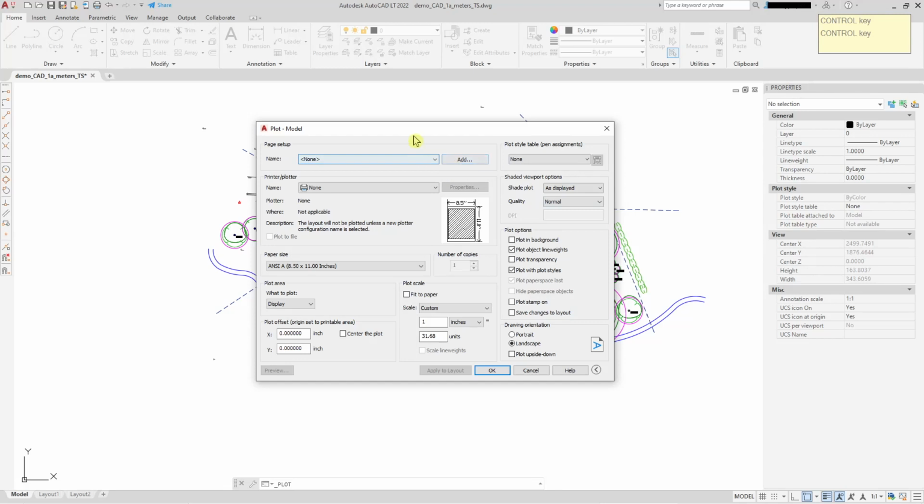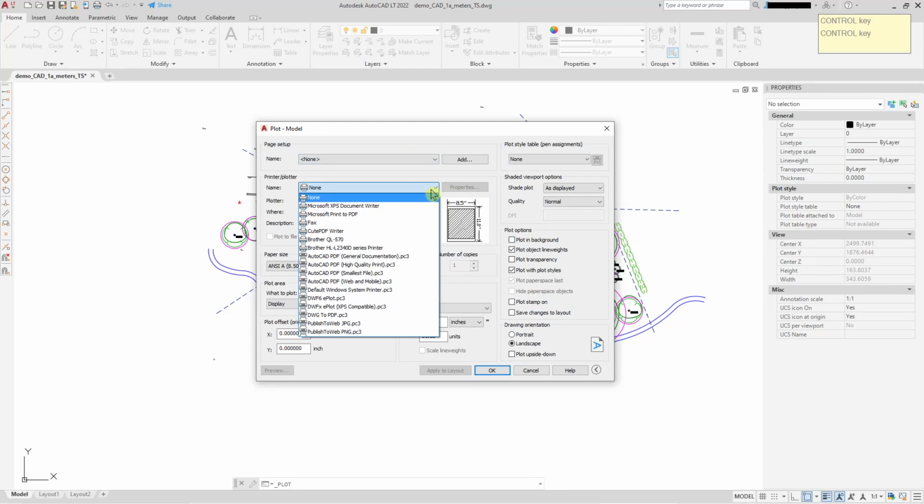You can add a name, but when you're printing from model space, because you won't be using it for your finished layout, you'll just be doing snippets or something rough to send your client, and you apply the settings, that they'll be stored for model space. So as long as you're only doing one area of the drawing, there's no need to give it a name. And the next one is you've got to select your printer,